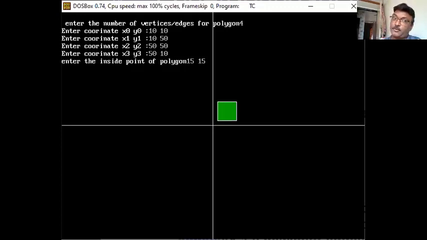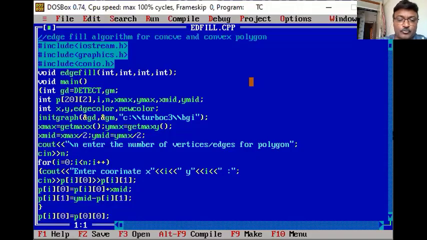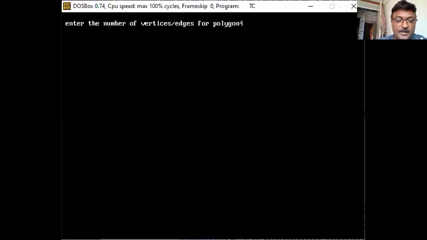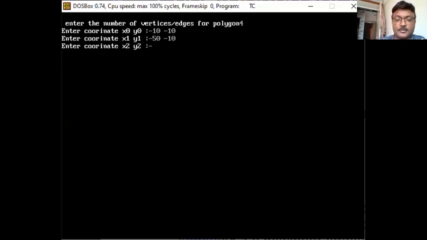Now what happens about the negative coordinates? Suppose I have entered negative values. Control F9. 4. Suppose I have entered minus 10, minus 10. Okay. Minus 50, minus 10, minus 50, minus 50. Same values I am using.